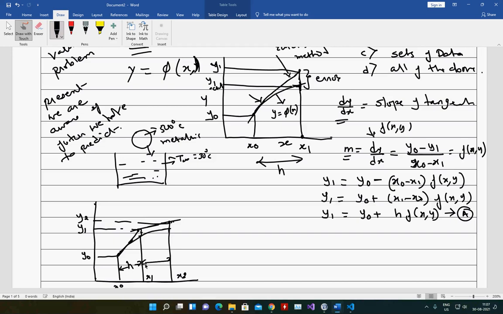Instead of one big jump, I have divided it into two parts, y0, y1 and y2. You can see that my error is very small, and because of the division into two parts, I am getting less error.